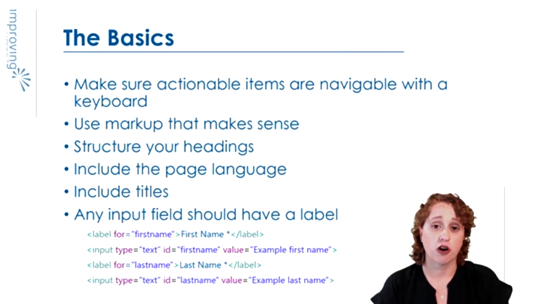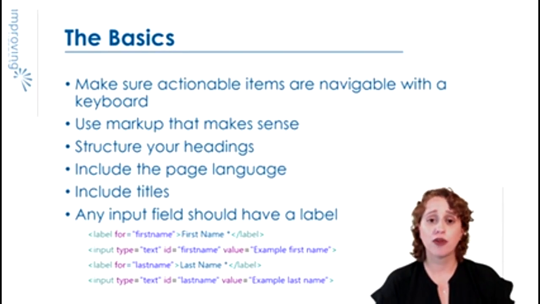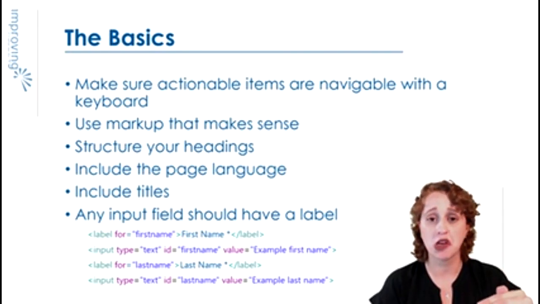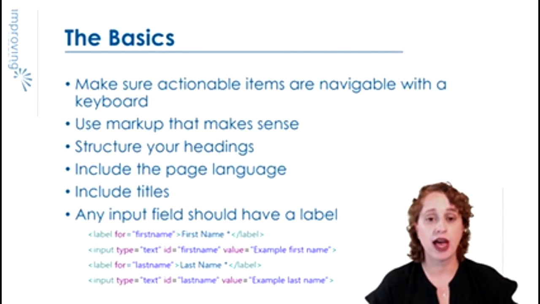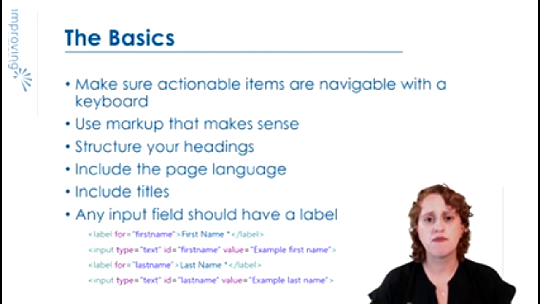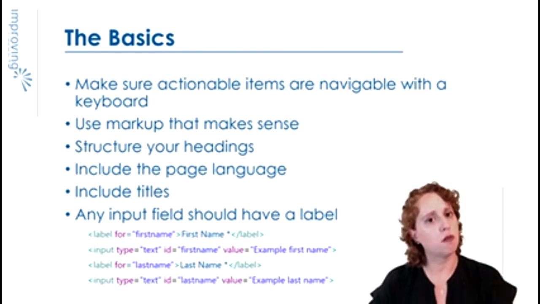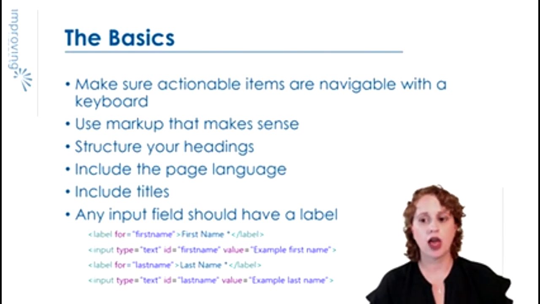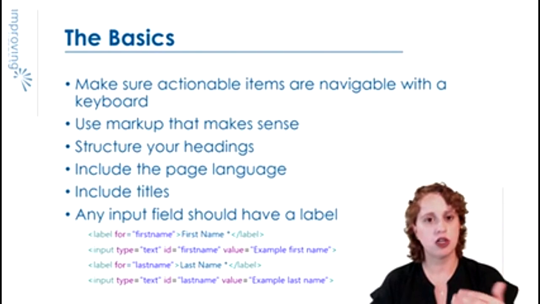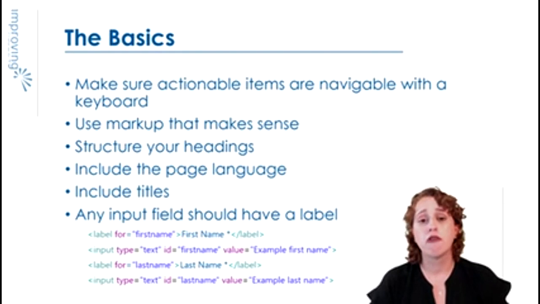And then we want to structure our headings. So we touched on that briefly a few minutes ago with header 1, header 2, header 3, and I want to keep those in the proper order. I don't want to start with header 3 and then have a header 1 underneath it. That doesn't make sense. My page should really only have one H1 on there, and then everything else should fall underneath that, and keep that hierarchy in mind, because as I'm navigating around with the screen reader, that allows me to jump between sections. So I can say, okay, that first section I don't need, I'm going to jump to the next section and the next section. It gives you kind of a table of contents of what you're working through